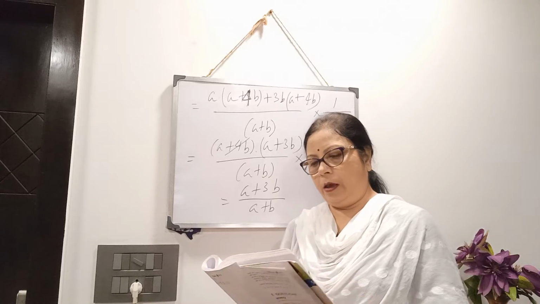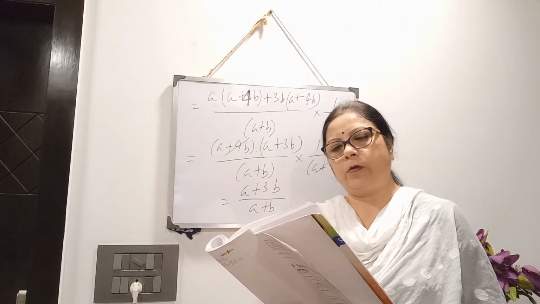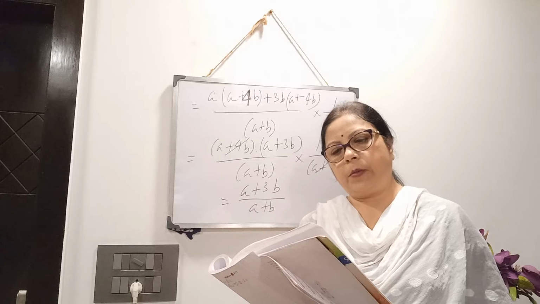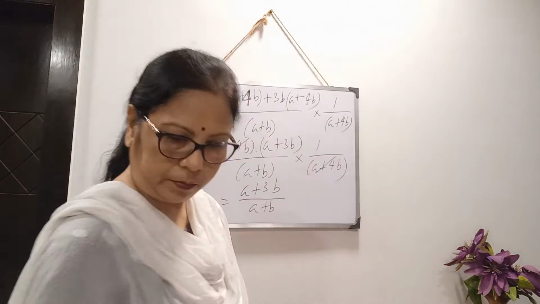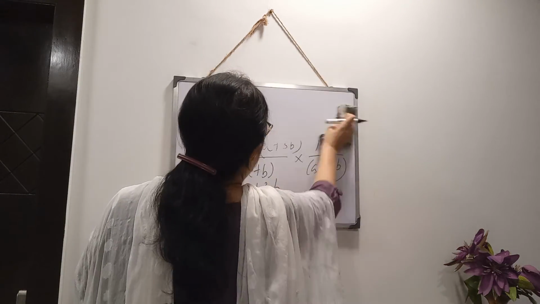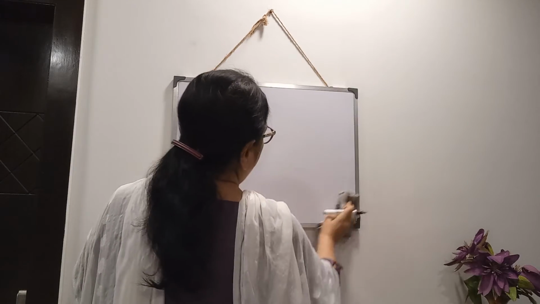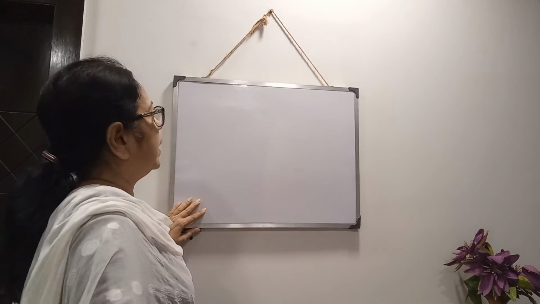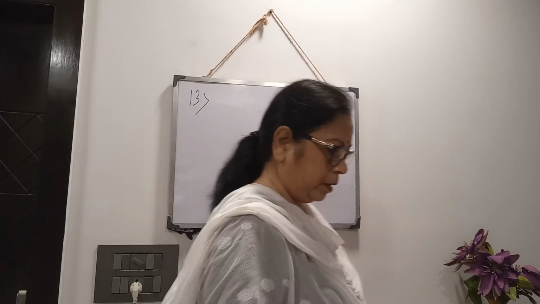Number 14 you can do yourself by using the middle term factor. Number 12 also you can do yourself. Now, okay, number 13 I am doing. So you have to practice in all the sums here. You have noticed that I am using the middle term factor in most of the sums. So that chapter you practice properly, middle term factor. Number 13,